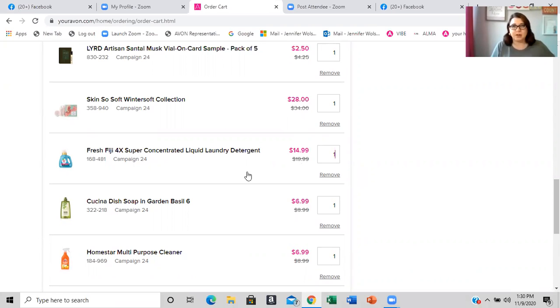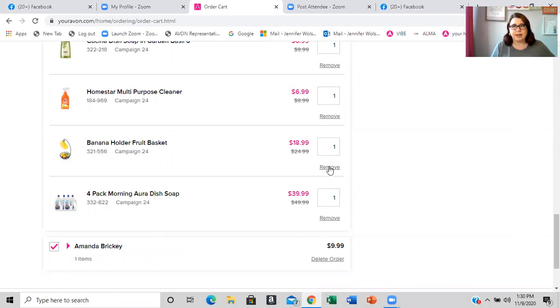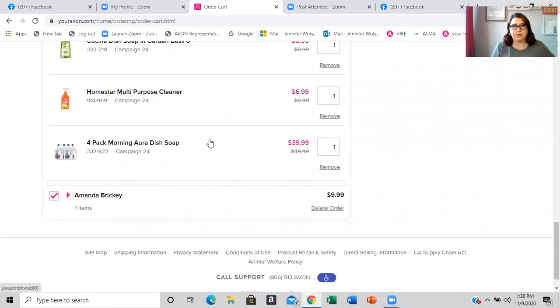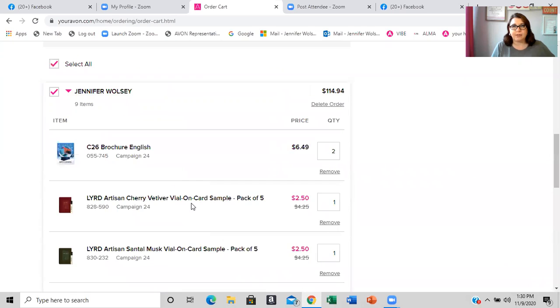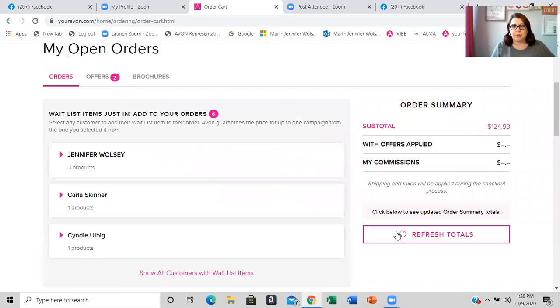Got my dish soap, got my basket holder. I don't think I want that, so I'm going to remove it. And I'll leave my dish soap. And then I also have my friend Amanda's order here. Once I double check everything in my cart and make sure it's what I want, I'm going